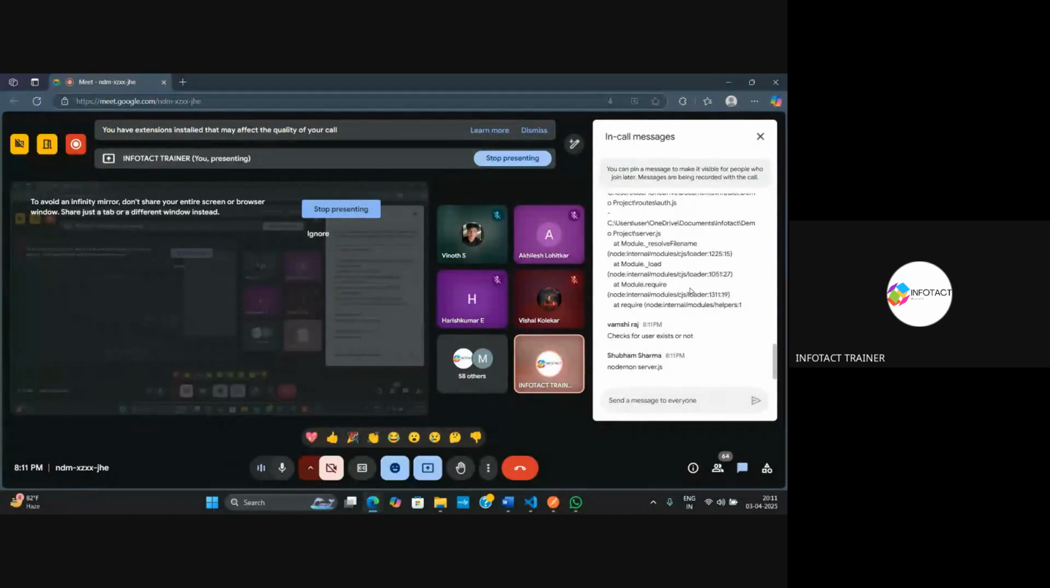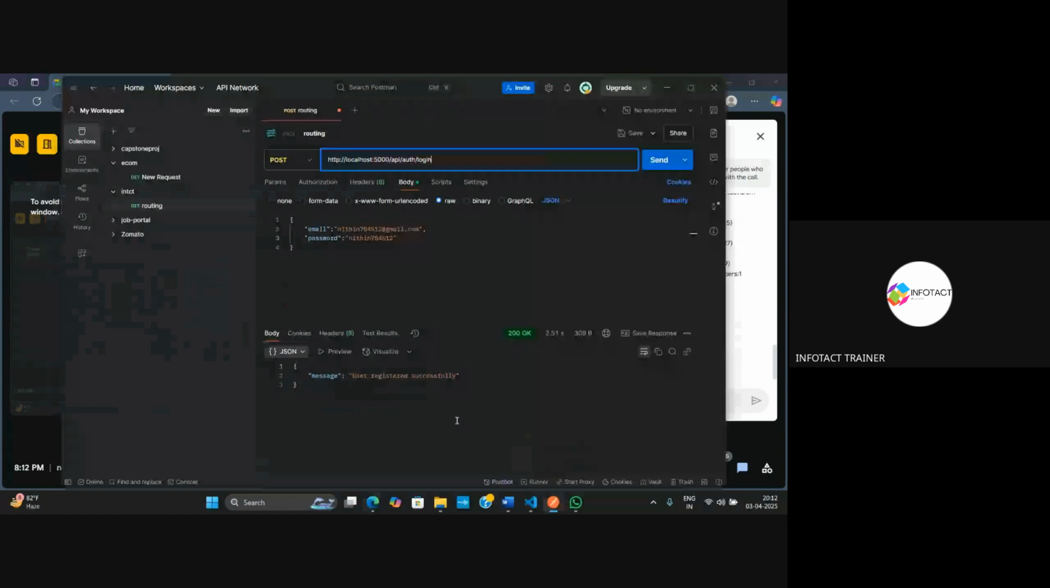But what will happen if I log in the user? The very first thing that is going to happen, a token will get generated, isn't it? So let me send this request. See, we are getting a token generated. So what we have to do, we will copy this entire token,